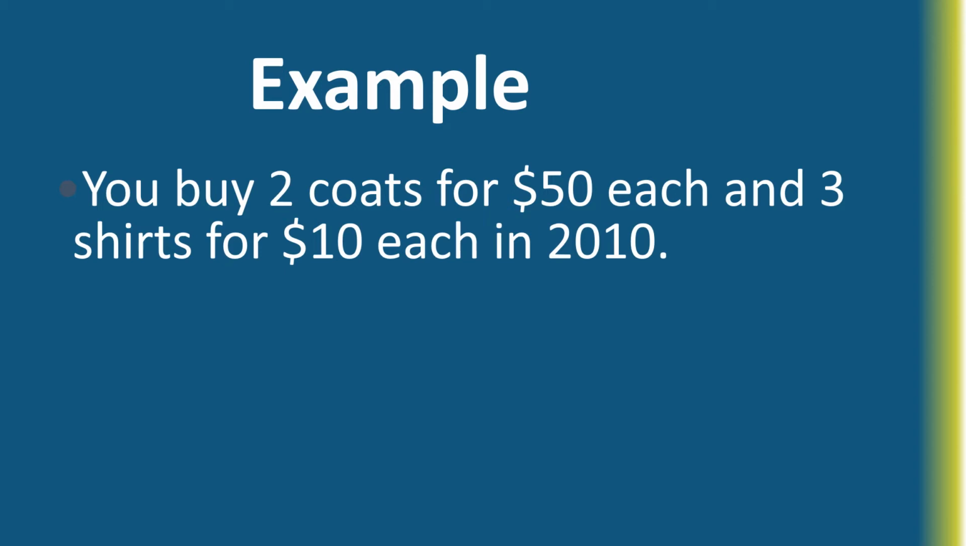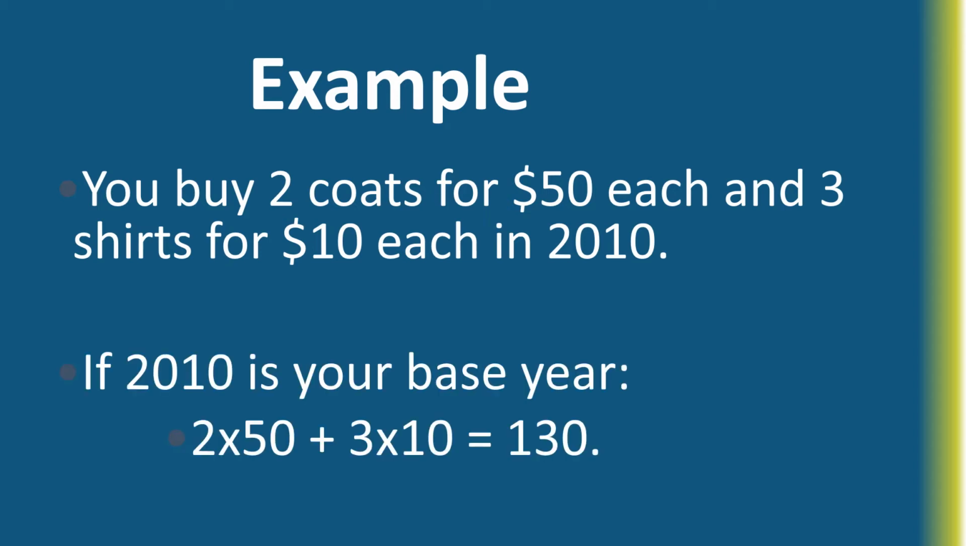And we want to say, okay, well, how much does this cost? Well, 2 times 50 plus 3 times 10 is going to give us 130. And so we need to equalize this out to 100. So our bundle of goods costs 130. But in order to create it as our base year, we always normalize it down to 100. And so we need to take this 130